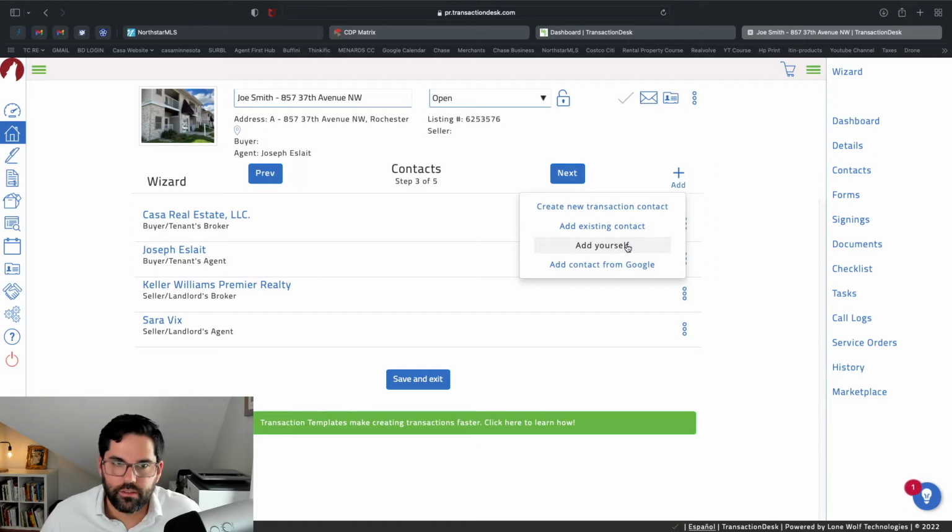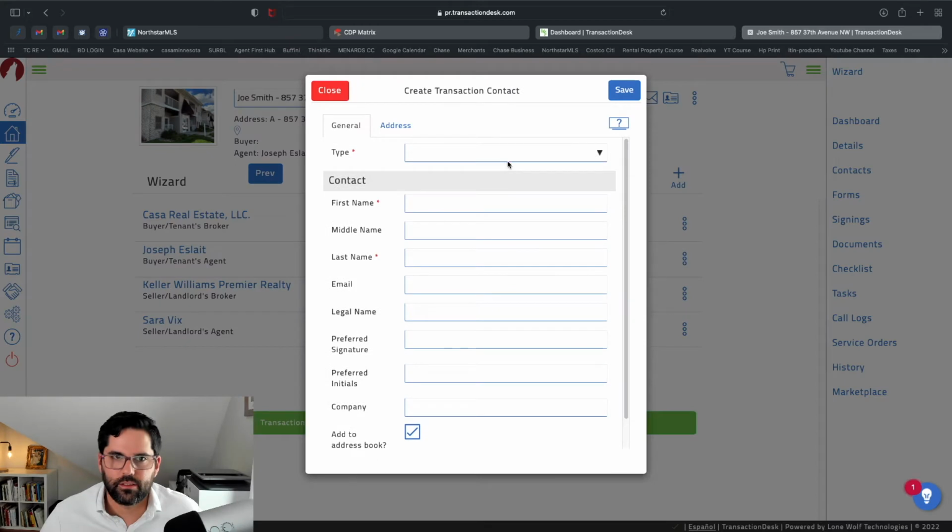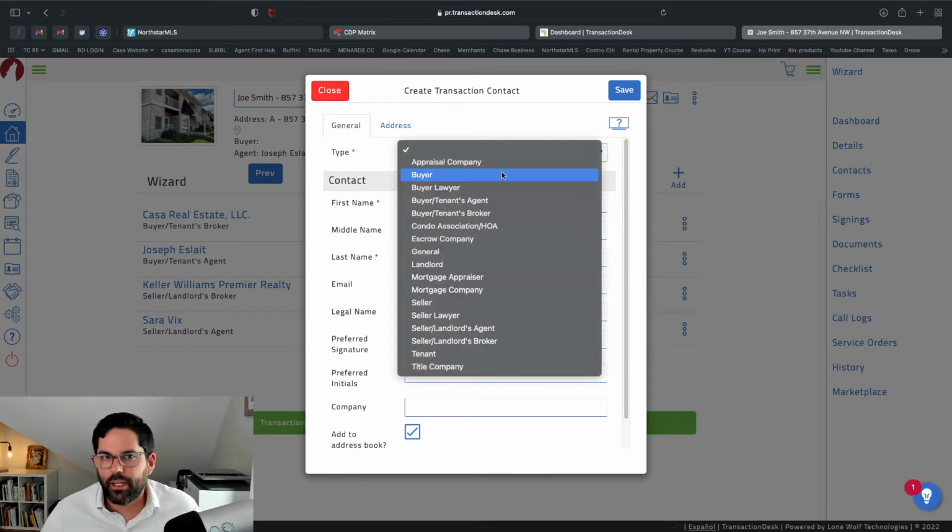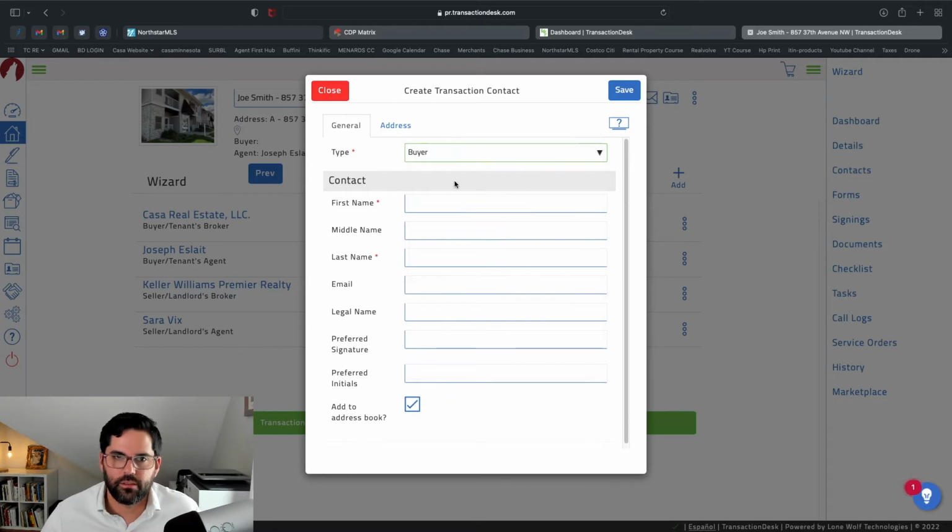You can add yourself, but as you can see, I'm already being pulled up here as Joseph is live, buyer's tenant. Or you can add contact from Google. I've never done this option. So let's create a new transaction contact. So let's say this could be a buyer, but there are obviously other roles you could choose depending on what you're doing. So buyer, let's say John Smith,